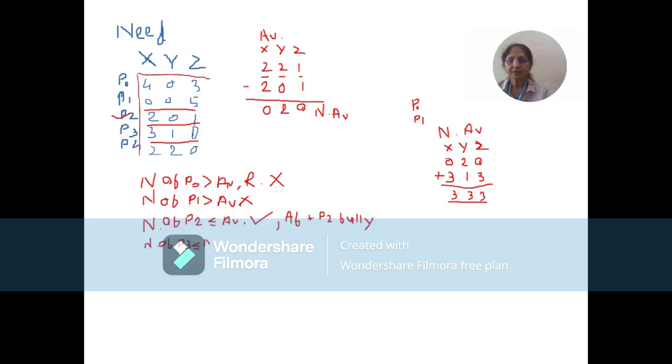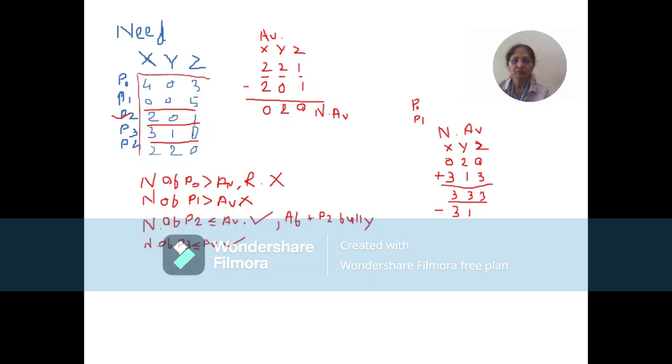And since we have those many resources available, what do we do? We grant the request of P3, and since we grant the request of P3, what we have to do? The new available, we have to subtract the need of P3 from this available. So we'll say 333 minus